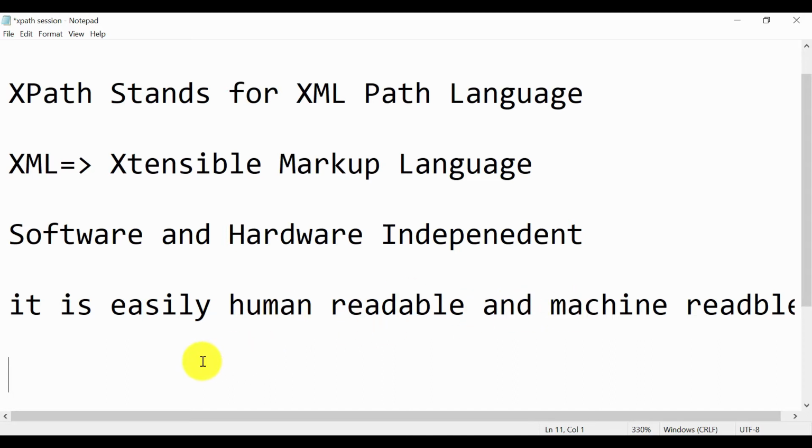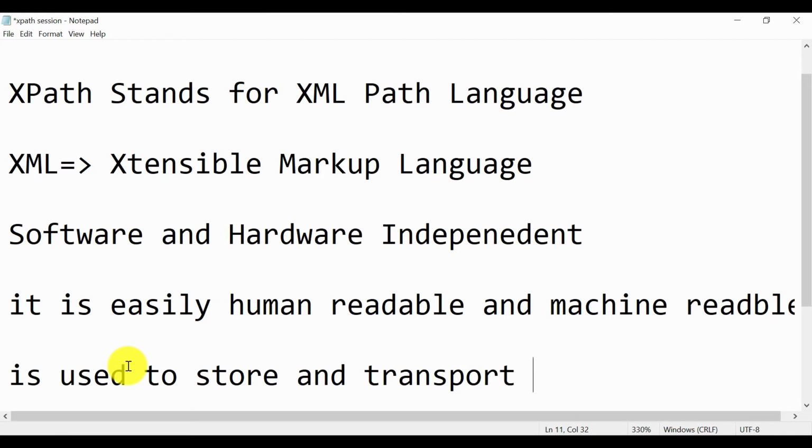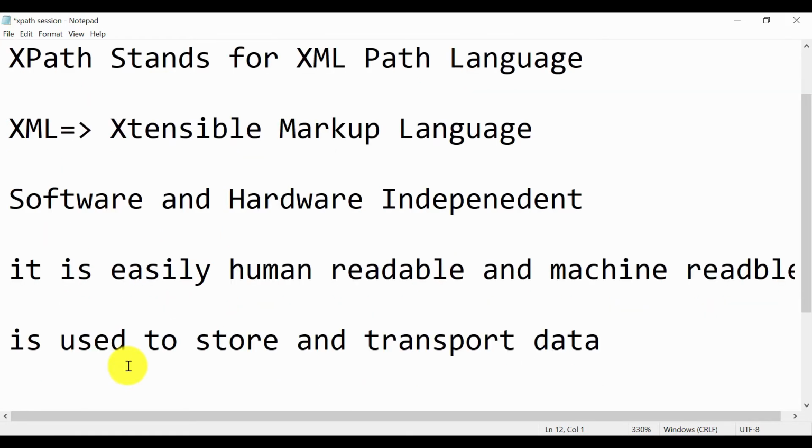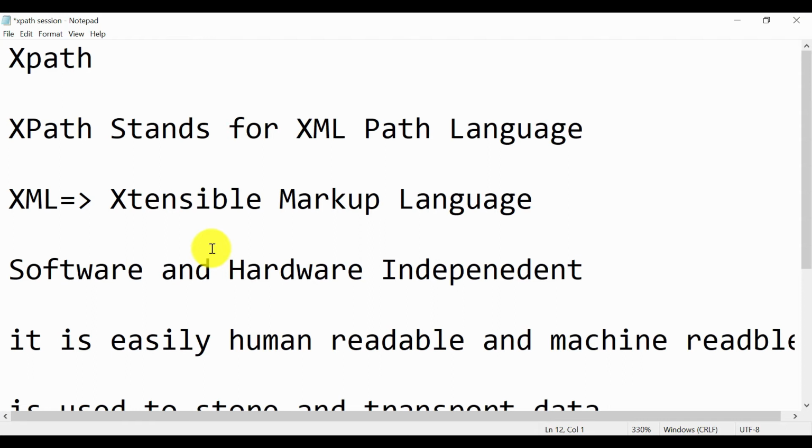This language is used to store and transport the data. So that's about XML. Some of you might already know about this XML language and XML files.